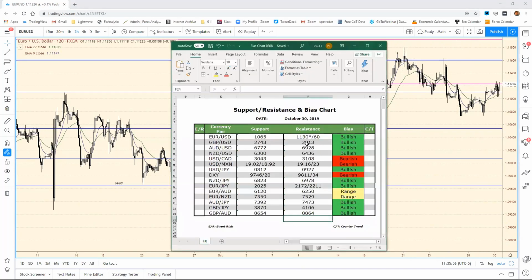You'll see a little bit of difference here. I've got an asterisk here. Now, the asterisk isn't there because it's important. Whenever I do an asterisk, it means that that's a key daily close level. So 1130 has been the resistance, but to me, and we did the analysis once again,